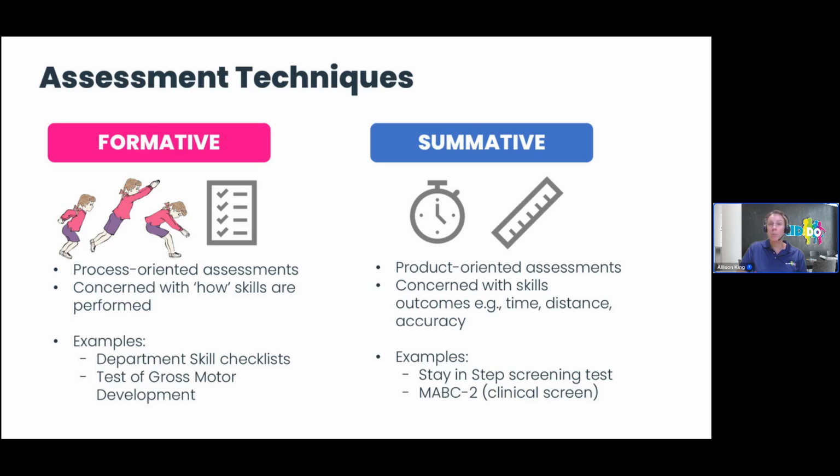And this is really important because one of the areas that PE assessment lacks is moderation. Other subjects have the ability to swap pieces of work by doing a common assessment with other schools in the area or other states. We don't have that luxury in phys ed. So a summative assessment gives you at least some data that you can then compare to others through norm referencing. The downside to summative assessment is that you can't identify specific deficiencies using the summative data.